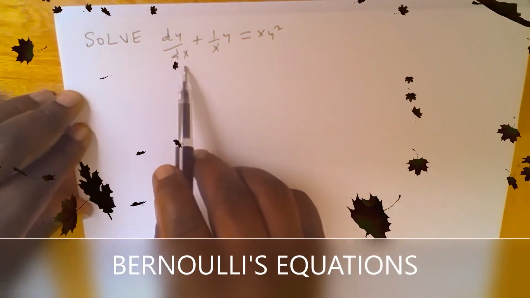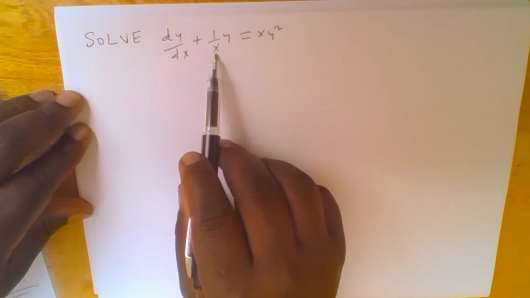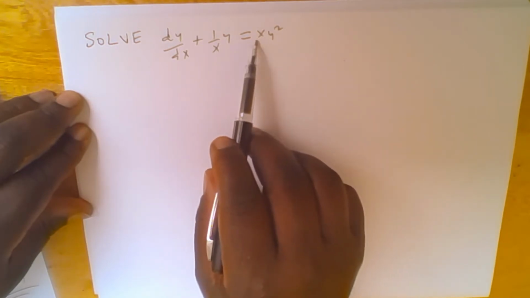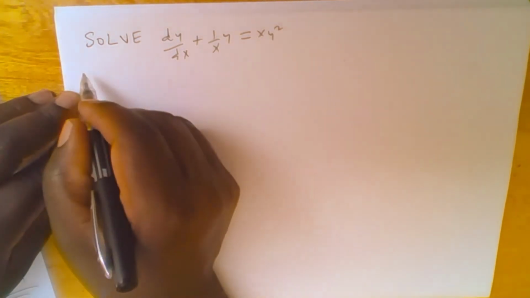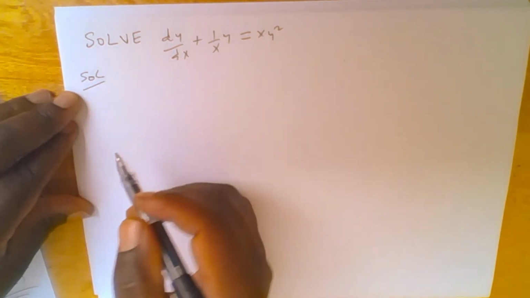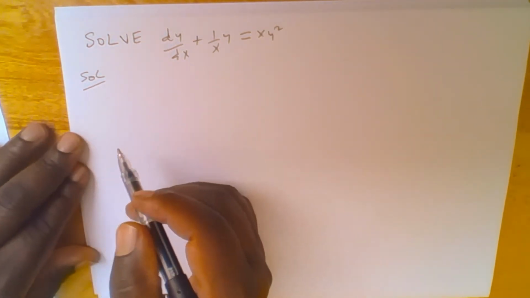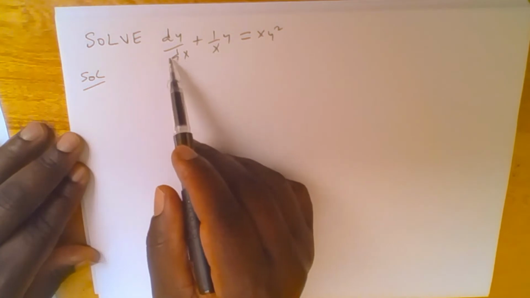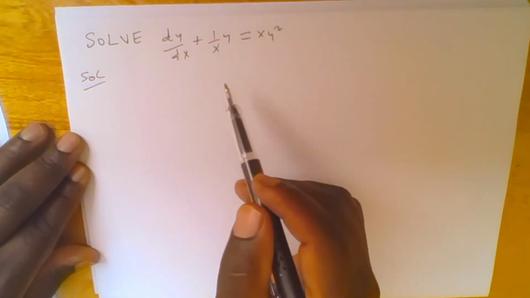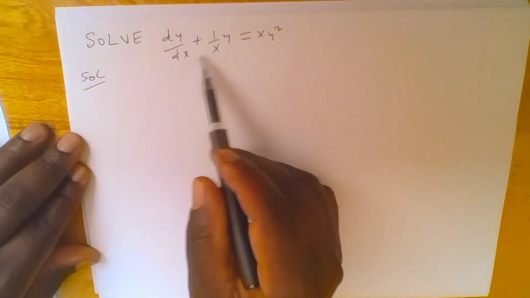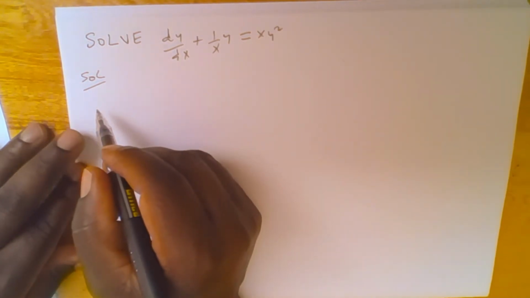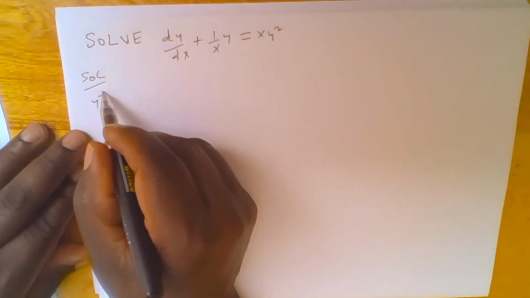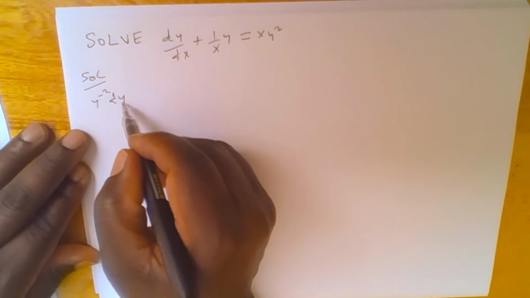Solve dy/dx plus 1 all over x, y equals x, y squared. Solution. The first step is for us to divide through by y squared. When we do that, this is the result. We shall have y raised to negative 2 dy